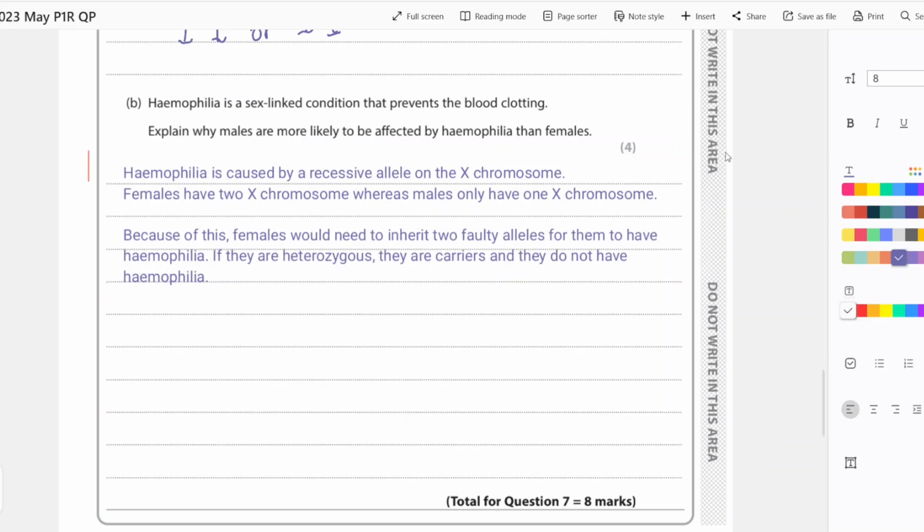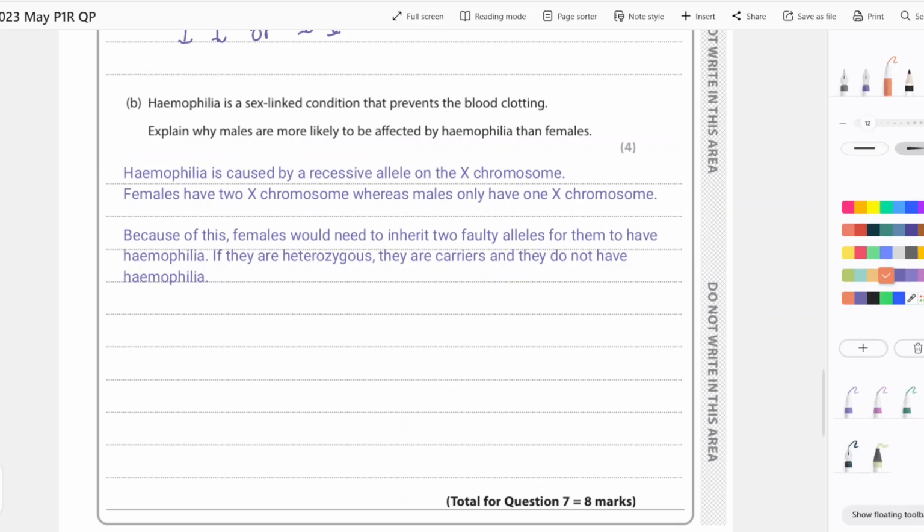All right, so I'm just going to go over the marks and then also go over some other points you can also say. So the first mark is it's carried on the X chromosome. Okay, X chromosome. The second mark is that it's not expressed in heterozygous females. The third mark is females have 2 X chromosomes, and another mark is males only have 1 X